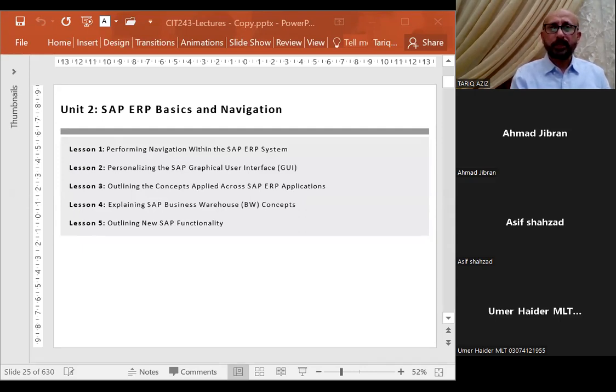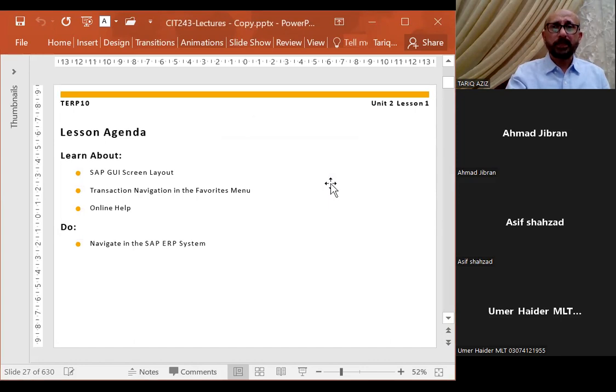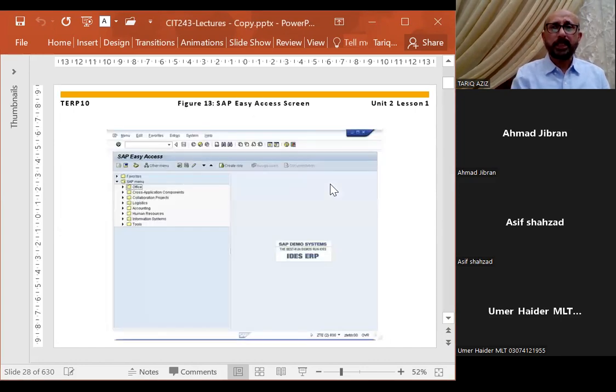Then we'll talk about the concept of SAP. I believe we'll see what we have inside. Then we'll talk about some business warehouse concepts, reporting, and then we'll see some new functionality that comes into our SAP. So in navigation, this is the starting screen of